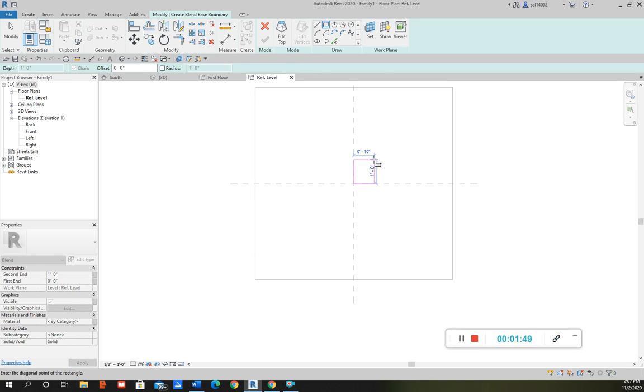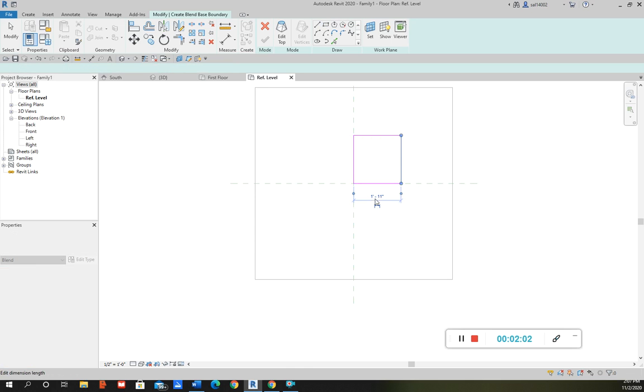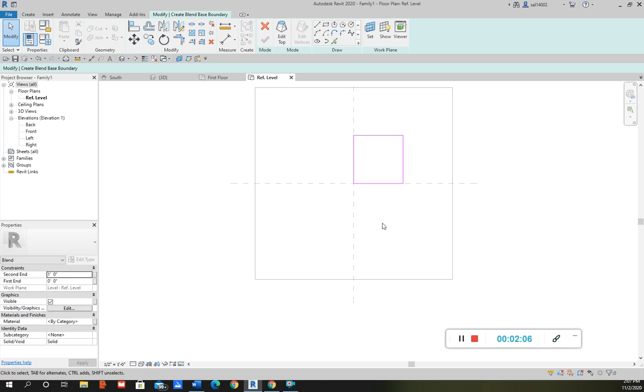Let's go 2 feet. Okay, I'm going to change that there. That would be the bottom portion, and then I would go right here, edit top, and then I would